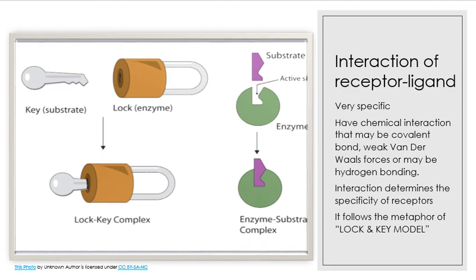Let's move to the next slide, which is about the interaction of the receptor and ligand. So basically, when we discuss the interaction, the chemical bond comes to our mind. That means that when a receptor binds to a ligand, there is always a formation of a chemical bond. That chemical bond may be electrostatic or a hydrogen bond, as well as it may involve some weak van der Waals forces. So interaction basically determines the specificity of the receptor, which means that the interaction, or we can say